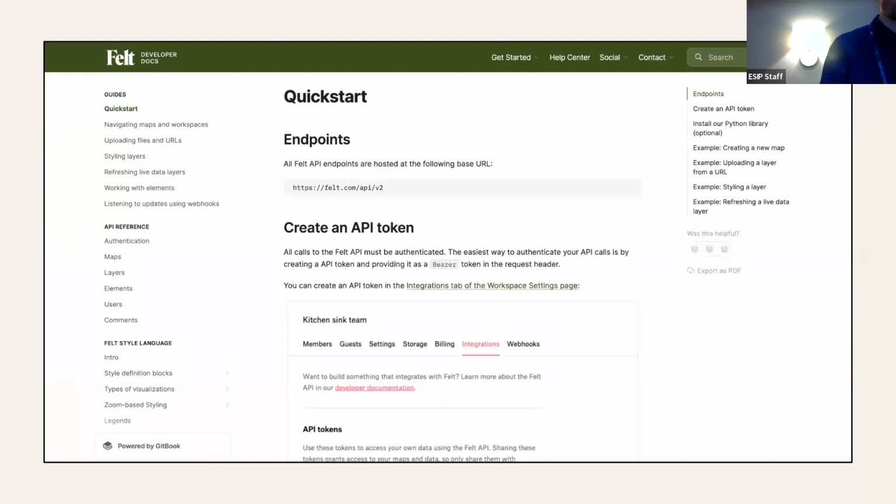Felt is another one. Definitely check it out. It's a collaborative mapping platform. If you're familiar with Esri tools like ArcGIS Online or Mapbox and that sort of thing, you'll understand Felt. They really try to put the user first and put an emphasis on not closing out people who don't have GIS skills, which is something we see a lot.